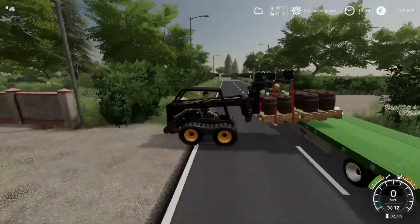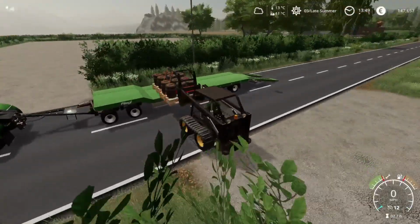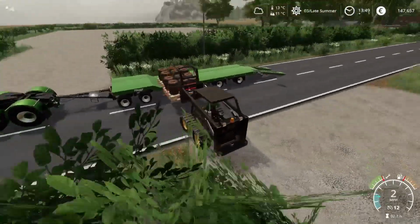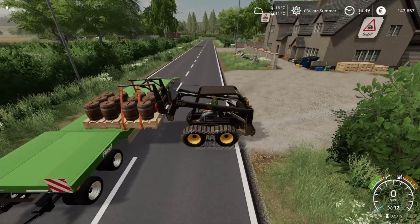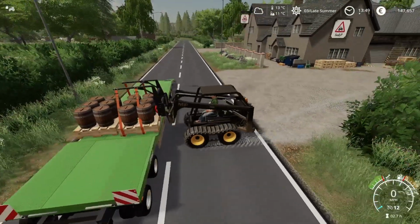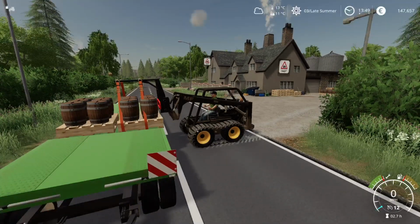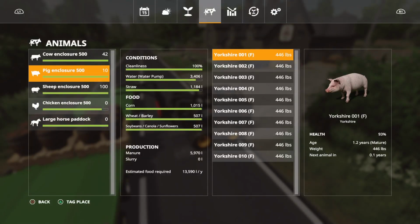Right, so we've got work to do today on the fields. We've got fertilising to do. We're going to get ourselves a muck spreader, not buy one, I think we're going to lease one. We've got a load of manure from the cows, which although they're not producing milk or anything yet, they are being productive because that is giving us something. And then they'll be cultivating maybe, and what I'm thinking of doing, if we check on this menu right here,